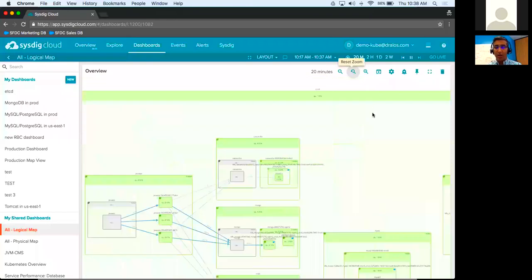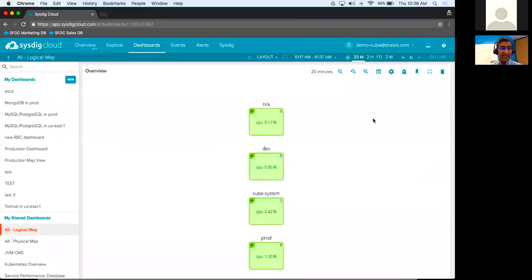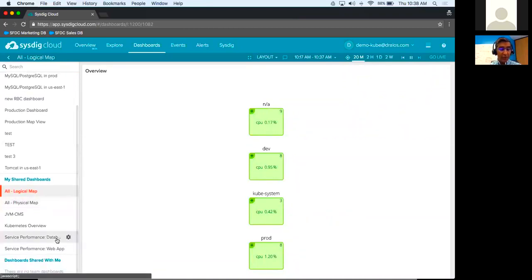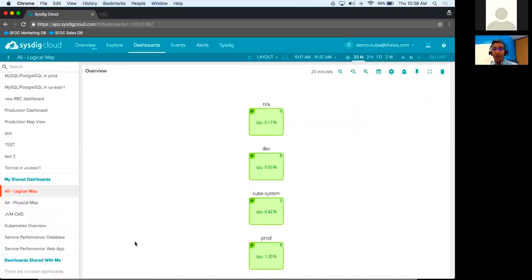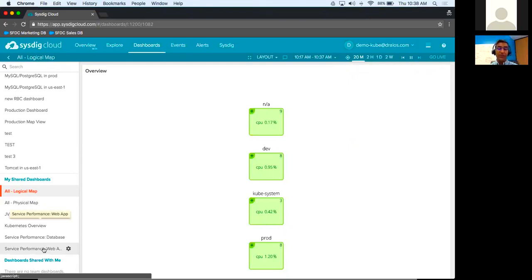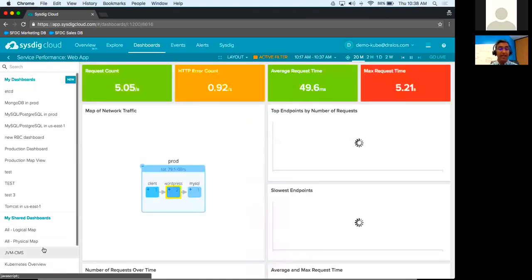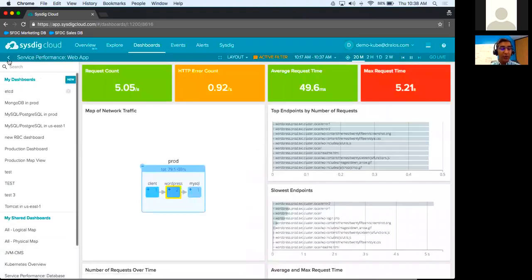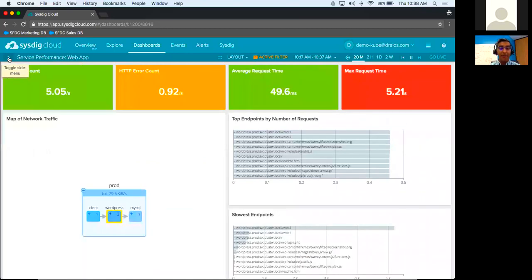to our slightly more complicated Kubernetes environment. All right, so let me show you a bit more here about what you can do in this environment. We'll start with some information here on service performance. So, of course, this is a system that offers robust dashboarding, and I wanted to just give you a quick example of a dashboard here that you might create for your web app service.